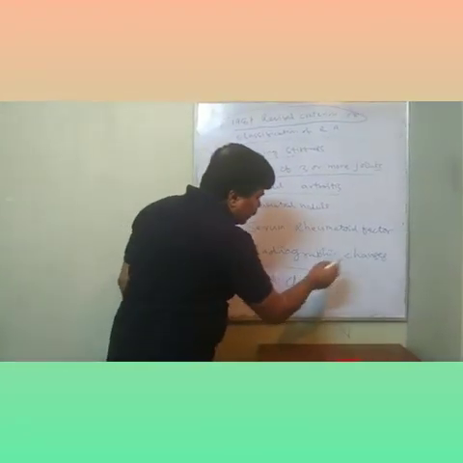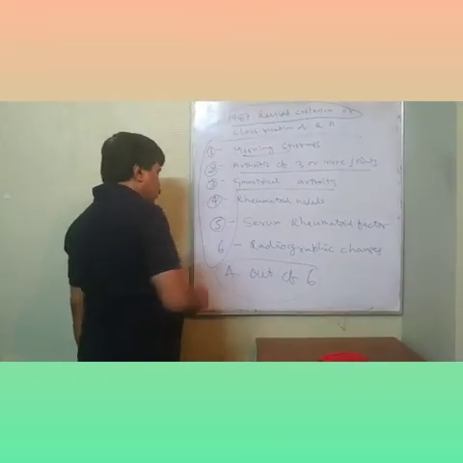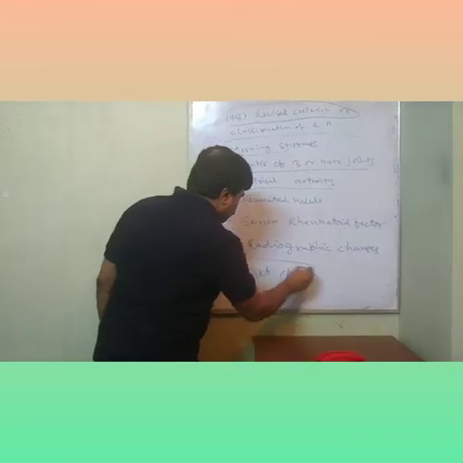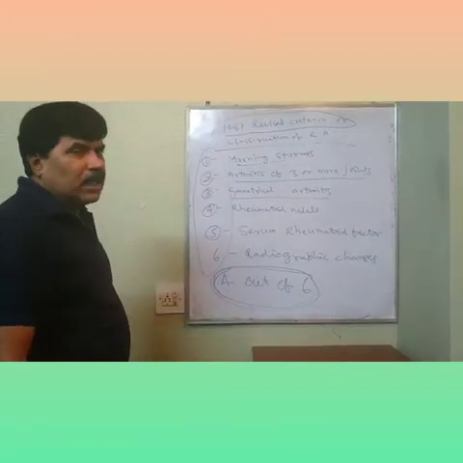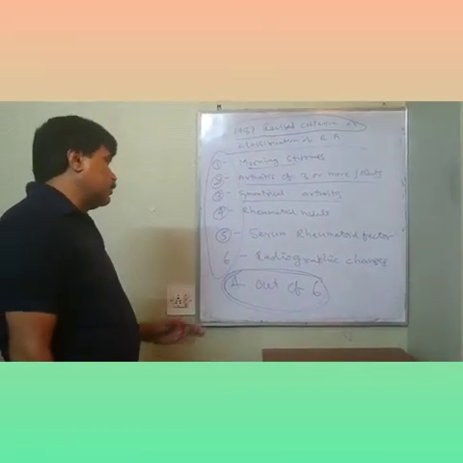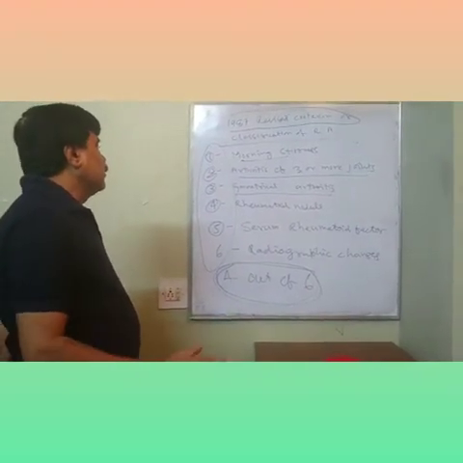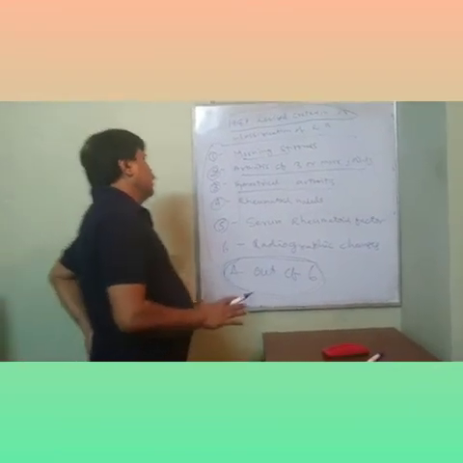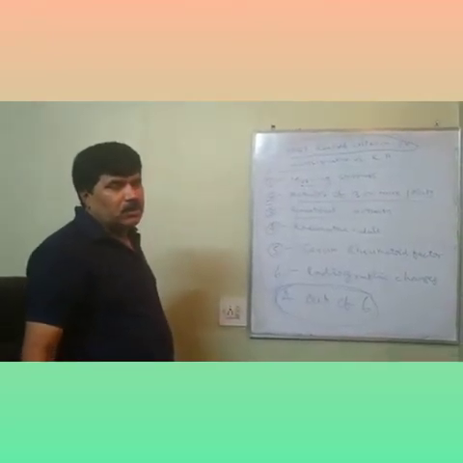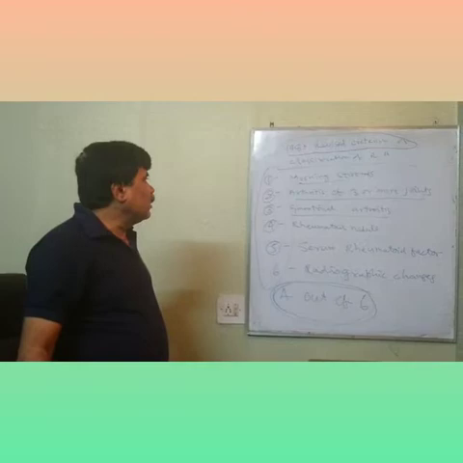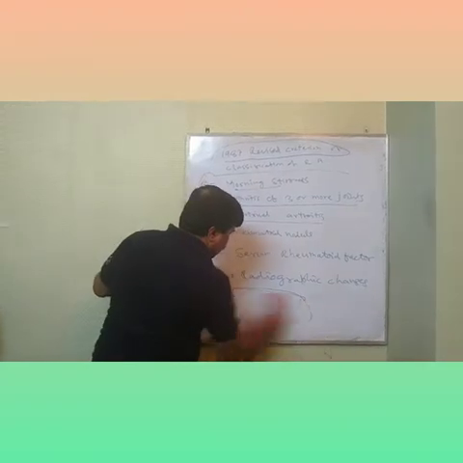And radiographic changes. Of these six criteria, if a person qualifies in four criteria, he will be diagnosed as a case of rheumatoid arthritis. This is to be added to what we covered in the previous classes on juvenile arthritis, and the other things remain the same, the same modality of treatment as usual. So this is about rheumatoid arthritis.